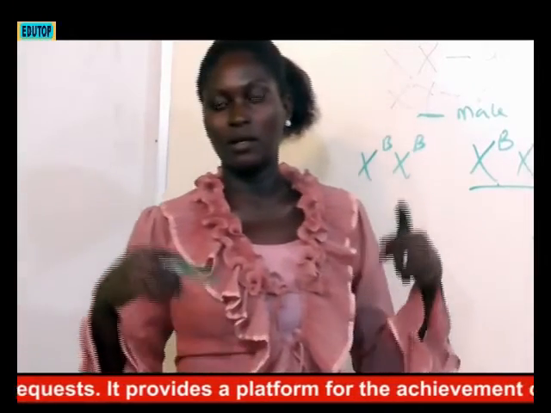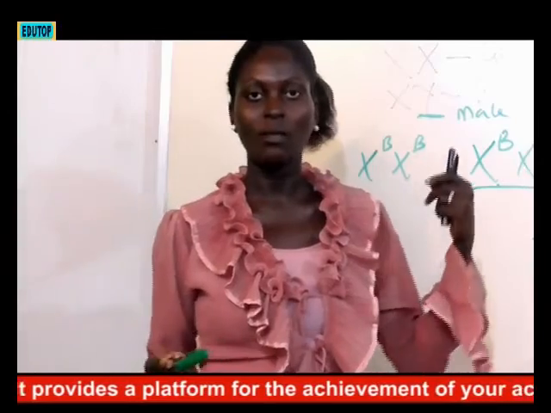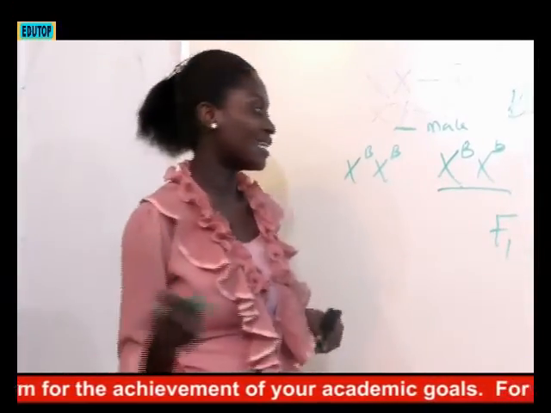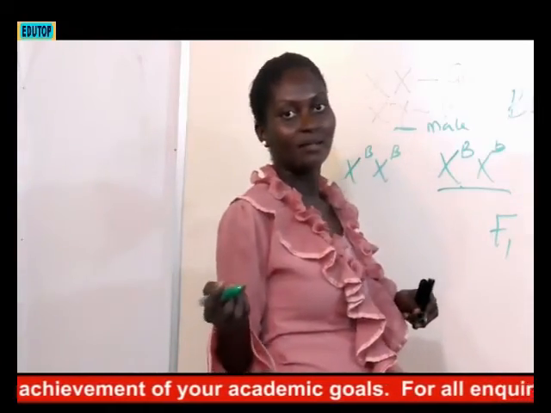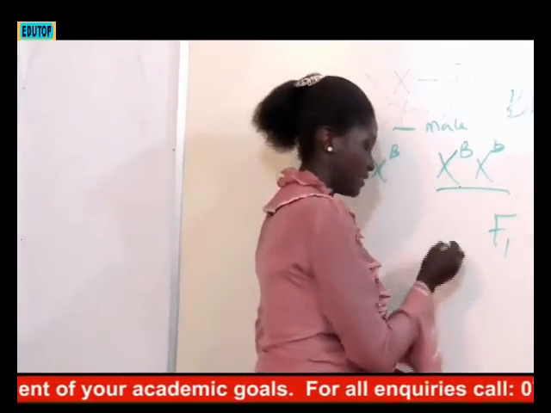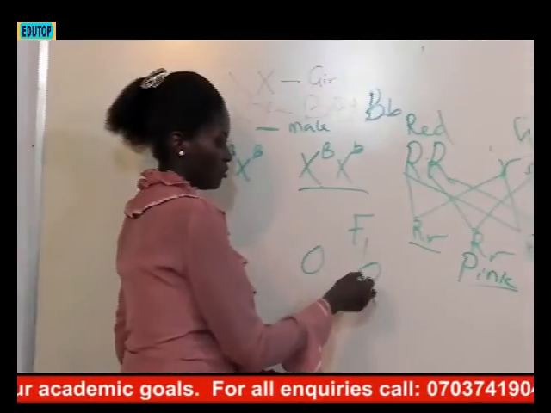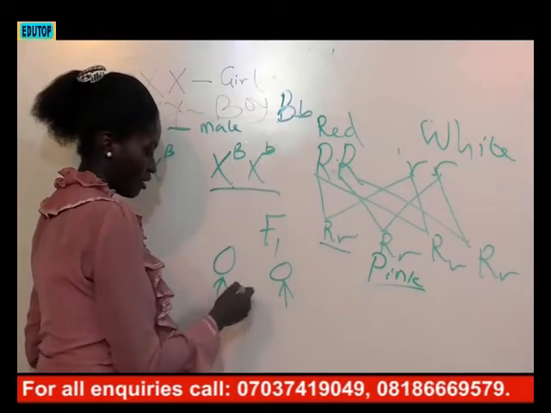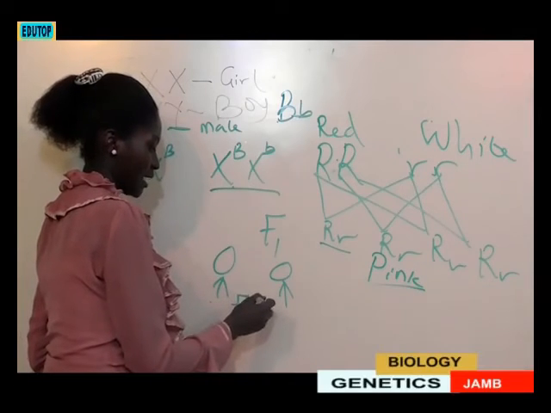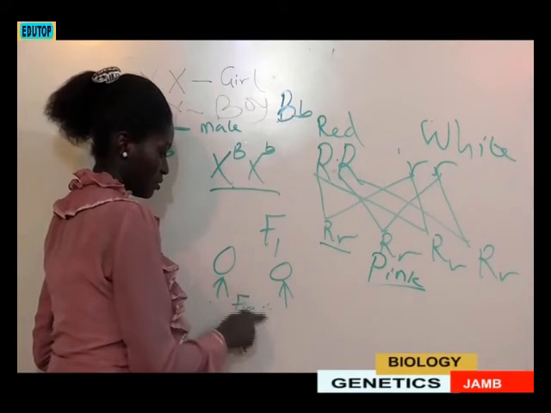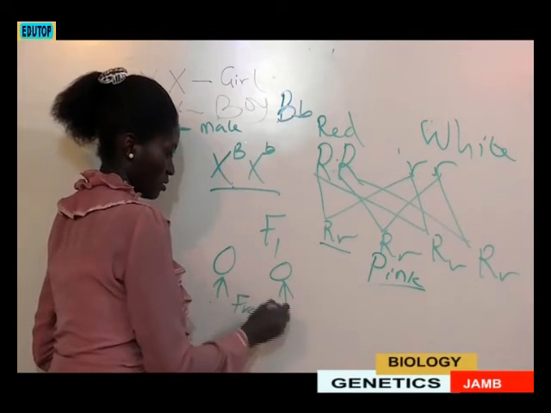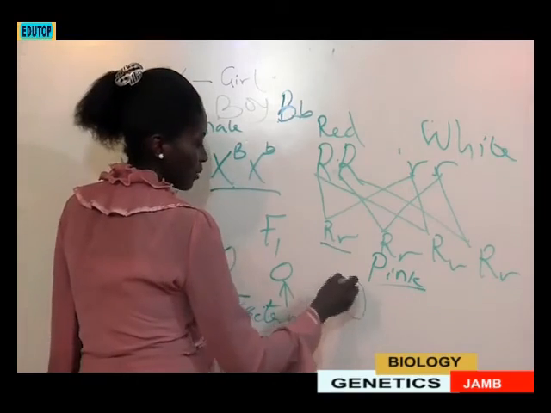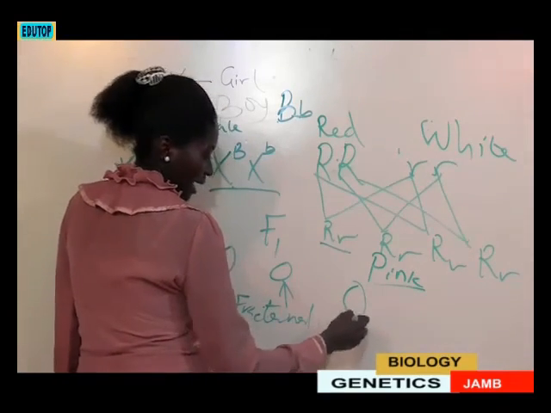We have talked about identical twins and then fraternal twins. Those ones are the ones that are not identical. Fraternal twins obtain from 2 eggs that are fertilized separately. So a sperm fertilizes this one, another sperm fertilizes this one. So they are different. They are called fraternal twins or non-identical twins. But we have another kind of twins that is the same, where 1 egg is produced and a sperm